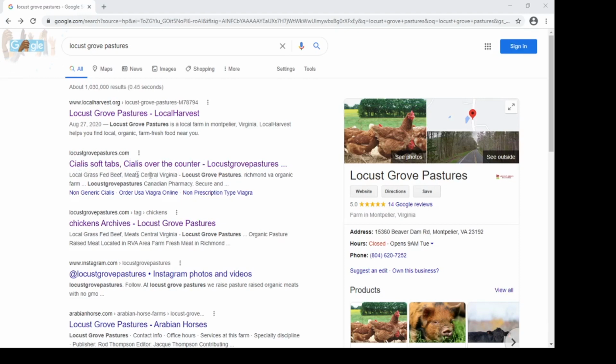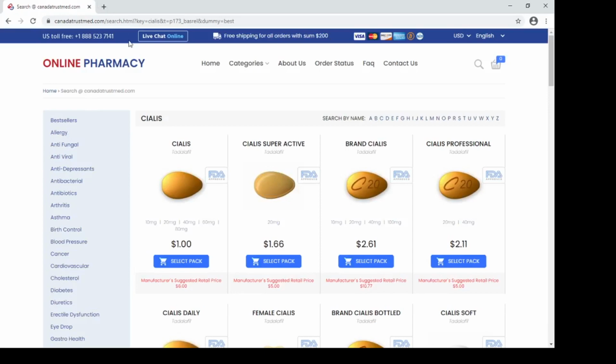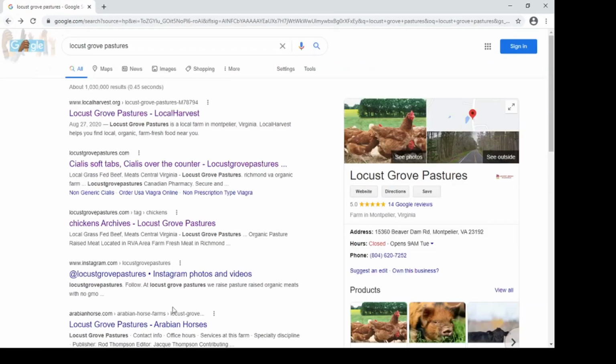It just doesn't match, because the title is different than what the website should be. And when we click this here, it actually redirects to a drug website which has nothing to do with the content of this website,